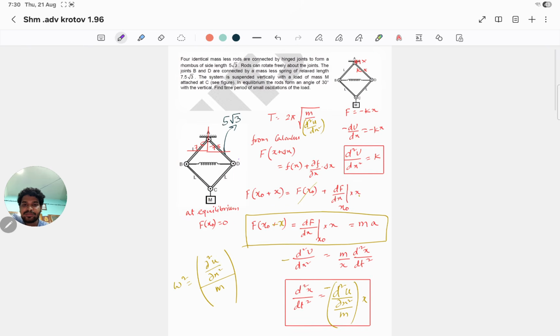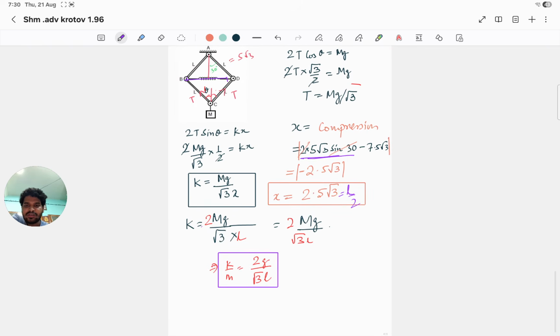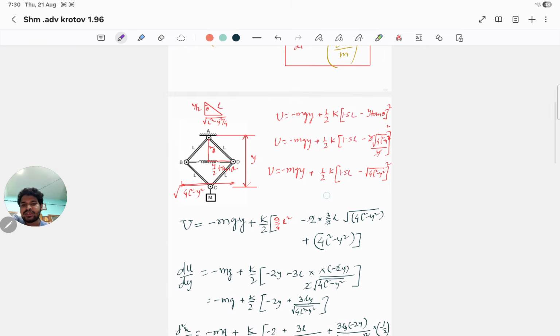Now moving on to the energy form, because you can do these things this way also. Let there be a displacement of y, as has been given in the Krotov solution, but from now onward I thought to approach with the energy equation. So the energy equation is like